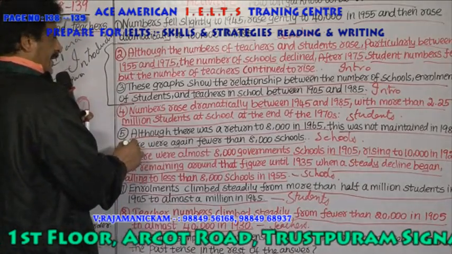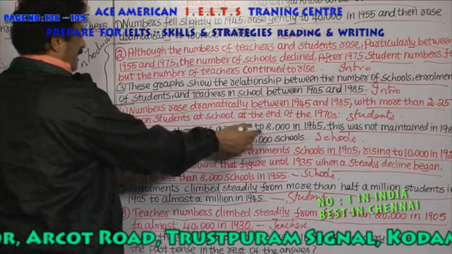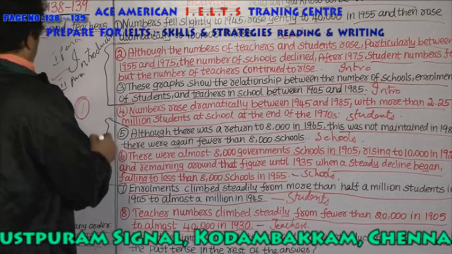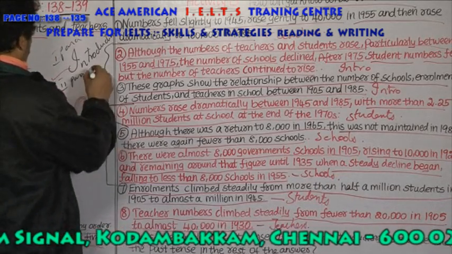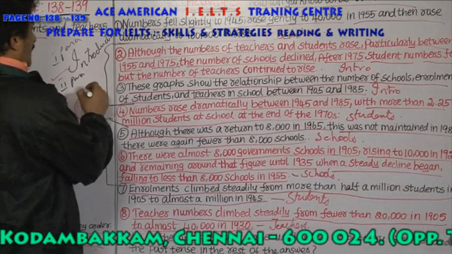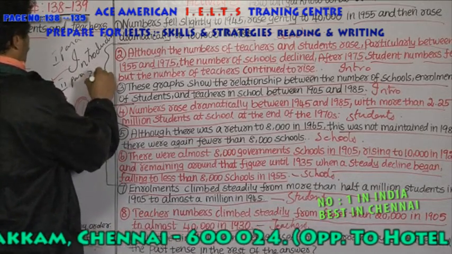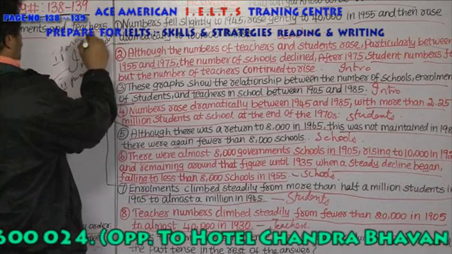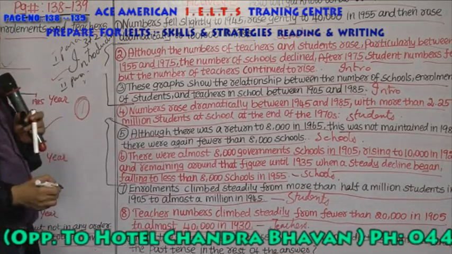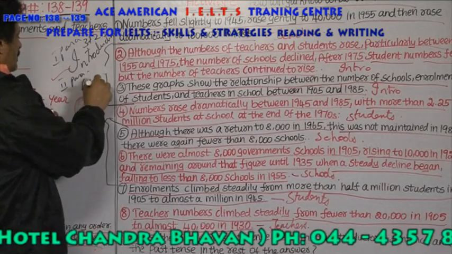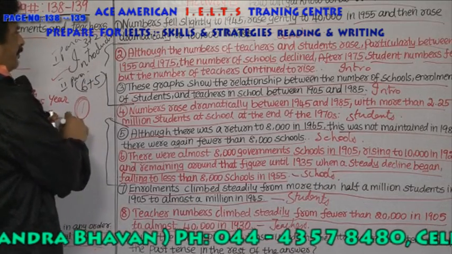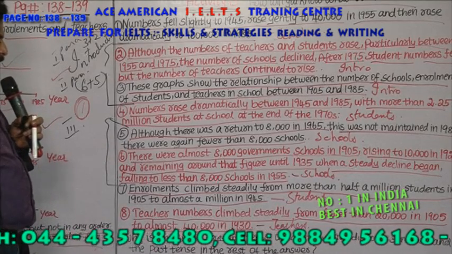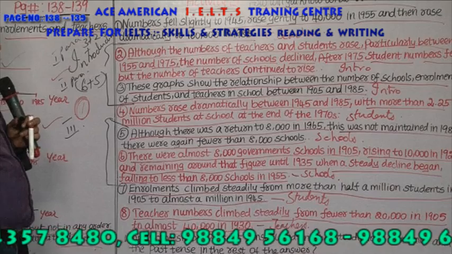Second paragraph. So introduction is 3 and 2. Then for the second paragraph, it is 6 and 5 about schools. Then the third paragraph, what we have to write. So this is the third paragraph, about students and teachers. About the students you can write. So students, what can you write? Here you can see